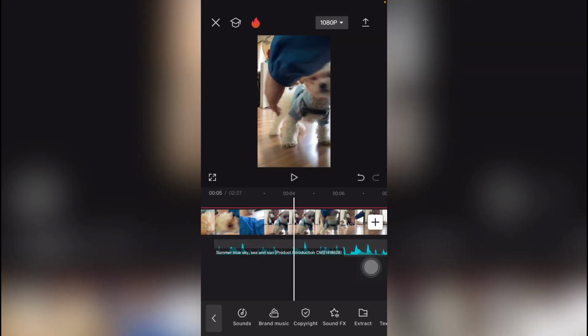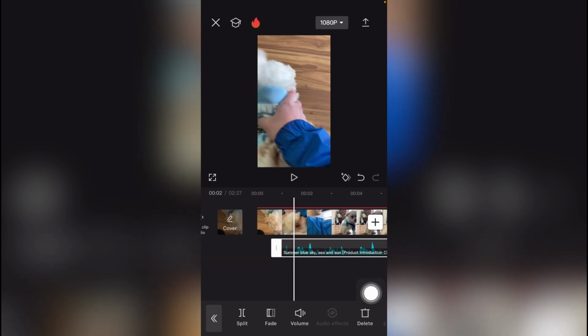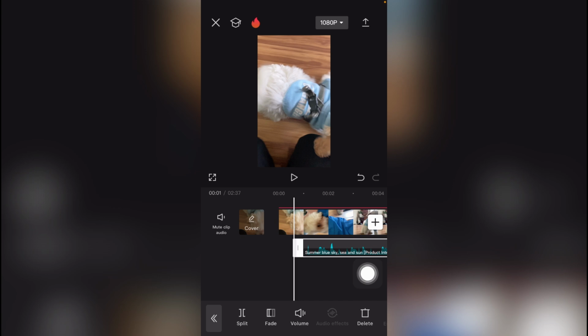Now basically, this is what we have. Ready? But I want to fade in, or we want to fade in the music and audio piece. So click the music and audio piece right here. You see it selected and highlighted. And now basically you want to scroll down, and now you want to click the second option, which says fade